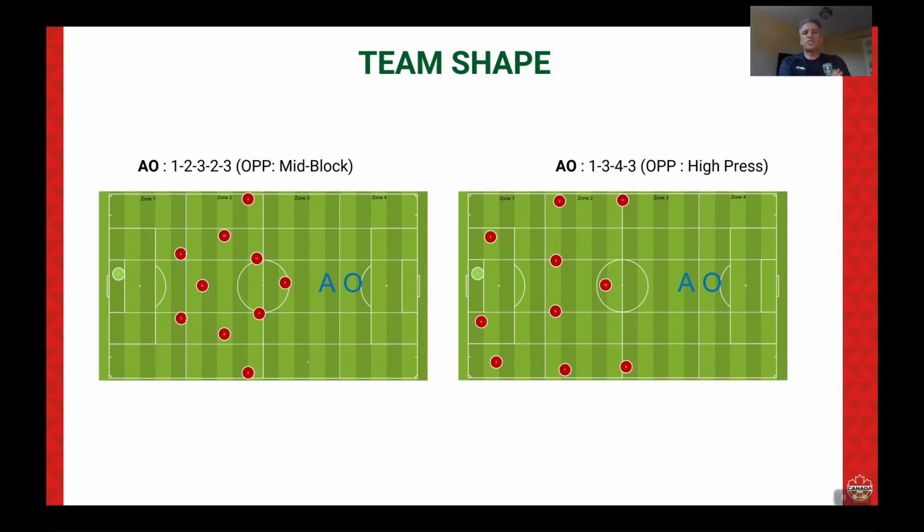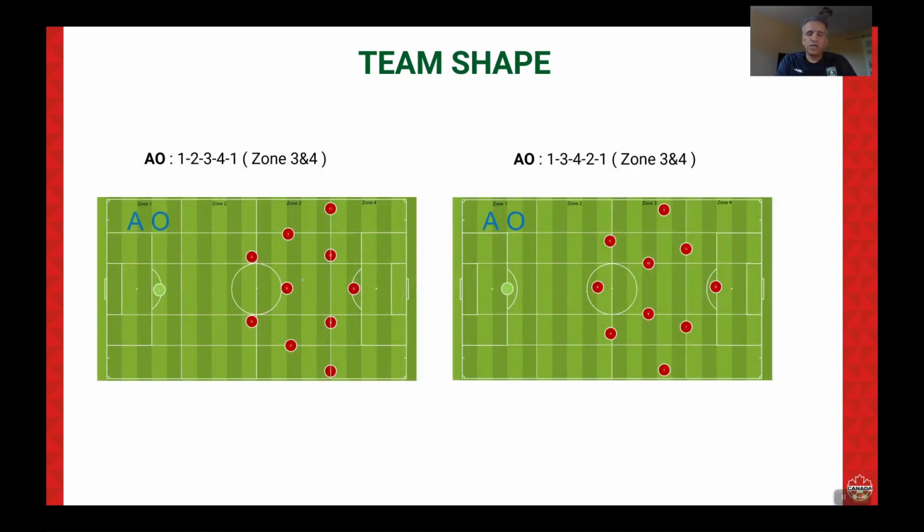Okay, let's talk about the team shape. Based on how the opponent plays, I apply two shapes for the AO part in the build-up phase. If the opponent plays with a mid block, I play with a shape of 2-3-2-3, or if the opponent starts pressing high, I use 3-4-3.